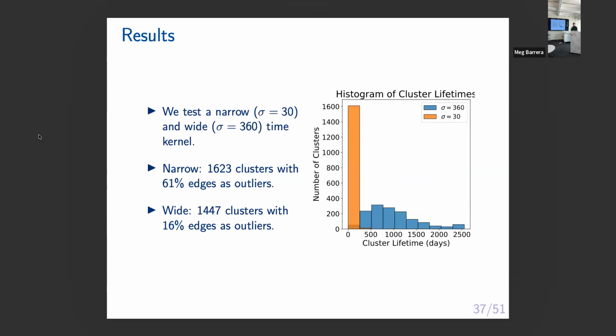Okay, so we have this arXiv data set, about 6 years of papers, and we test 2 temporal similarity graphs. The first one, sigma is 360, that means 2 papers can be up to a year apart and still have non-zero temporal similarity.